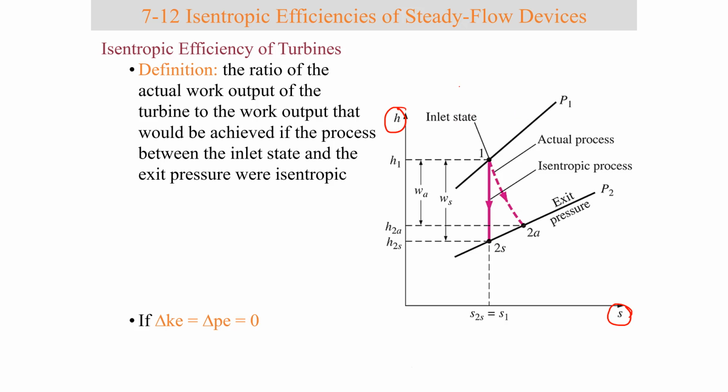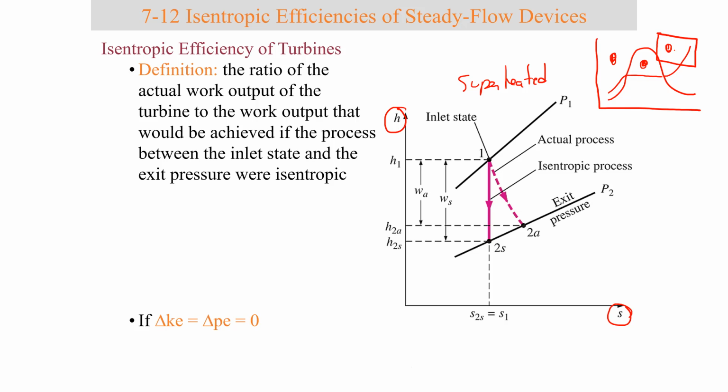So this is a superheated vapor region. Pretend that we looked at the saturation curve here, right? And this is a constant pressure line. This is compressed liquid, this is saturated mixture, and this is superheated vapor. Let's pretend we honed in on this specific portion of the graph and blew it up here. So this is a constant pressure line, and this is a constant pressure